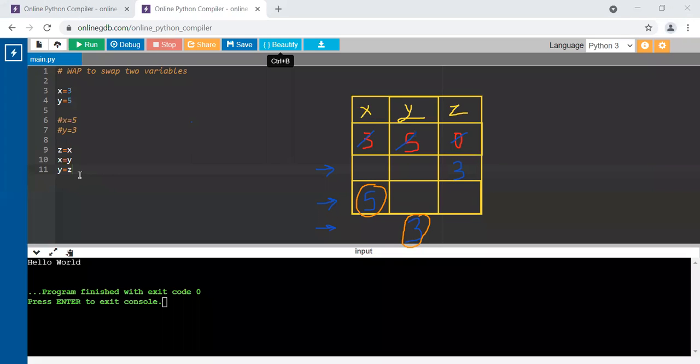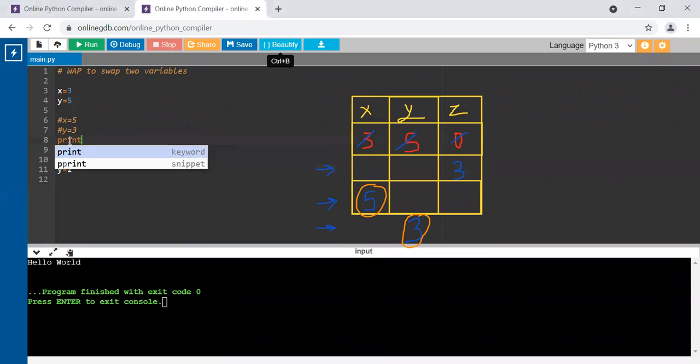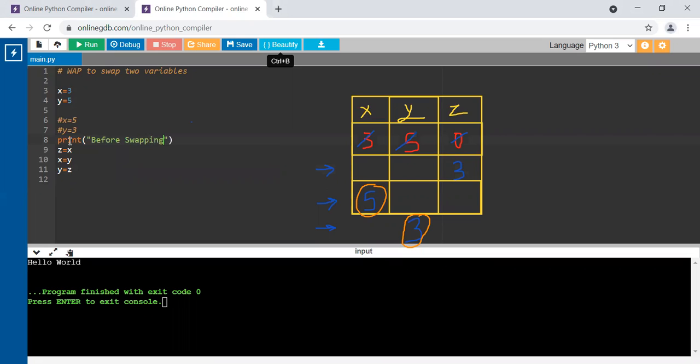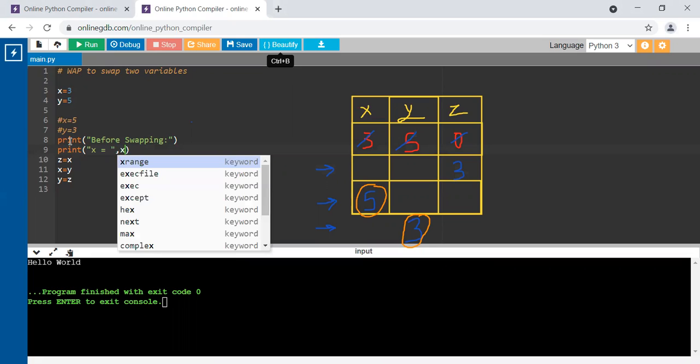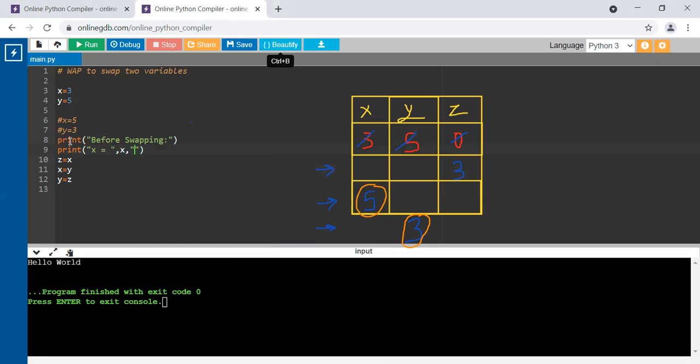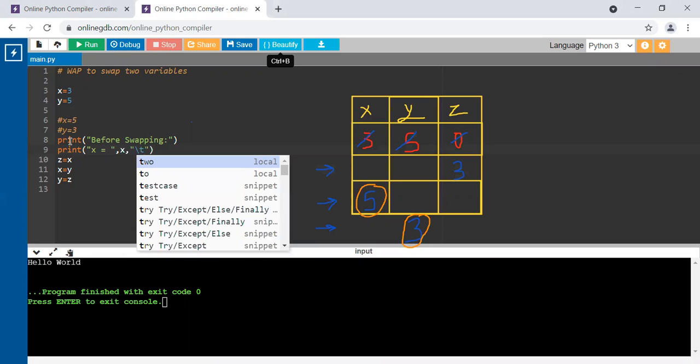Let's try and print the output. So let's say before swapping, we had an output. What was the output of the variables? Let's say we'll write X is equal to, and we'll print the value of X followed by a \t. We know \t is an escape sequence to print a horizontal tab.